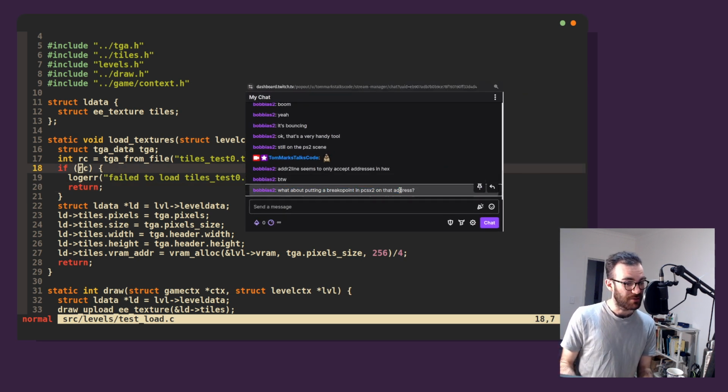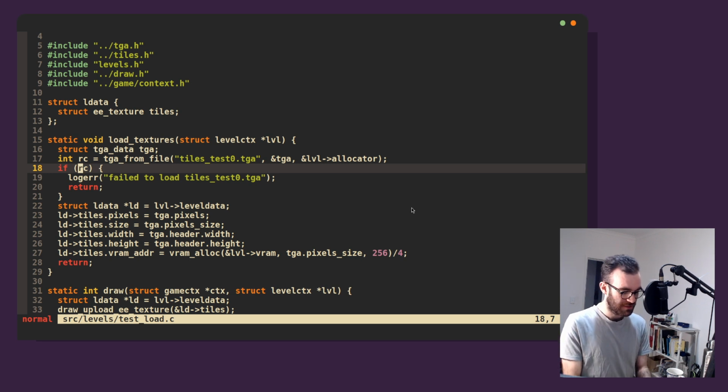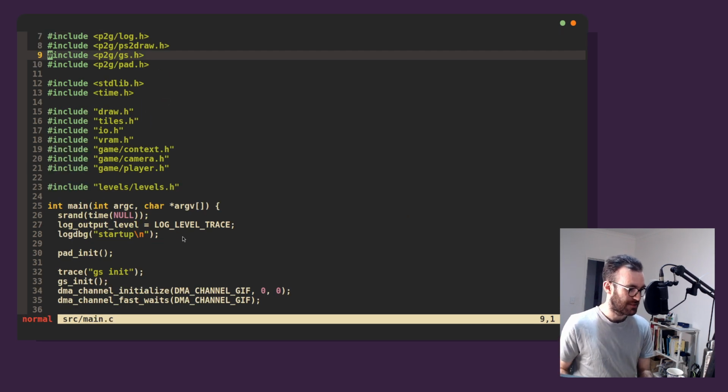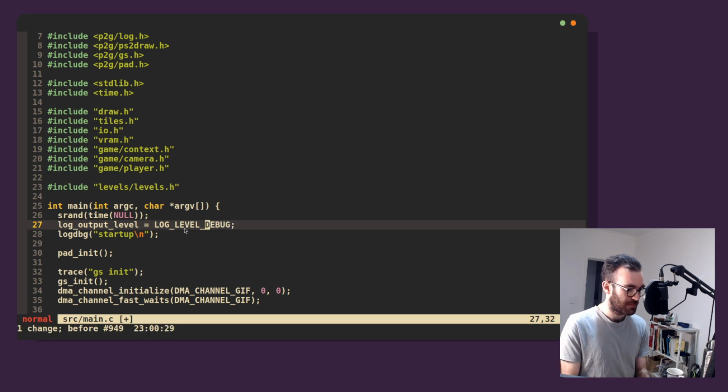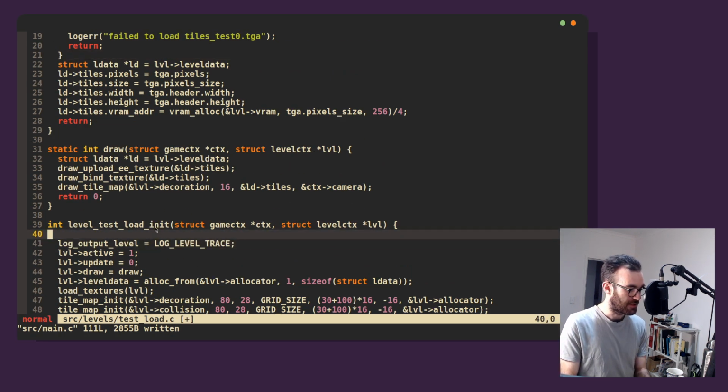Breakpoint in PCSX2 at that address. That's not a bad idea, and then at least we'll see. The problem is that's going to get called every frame, so it's hard to pinpoint the exact moment. The other thing we can do, and this is really dumb, okay, I guess, is put this back to debug, but when we start loading this level, the first thing we do is say log level